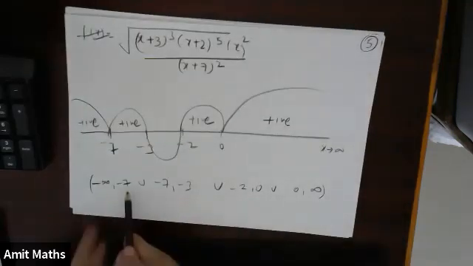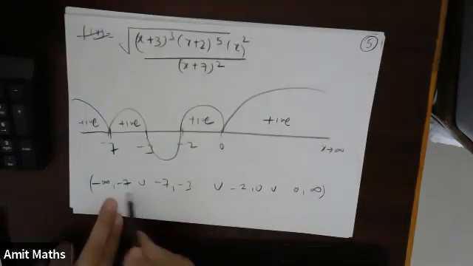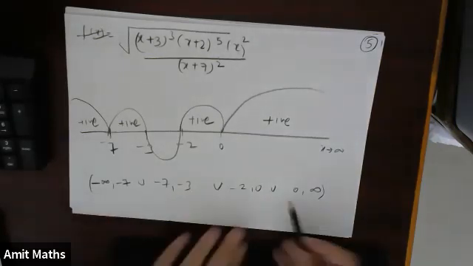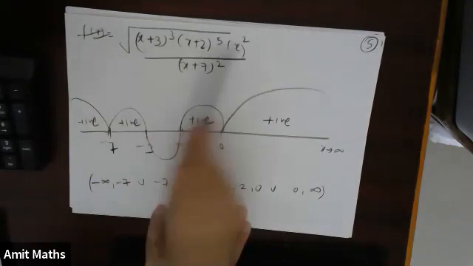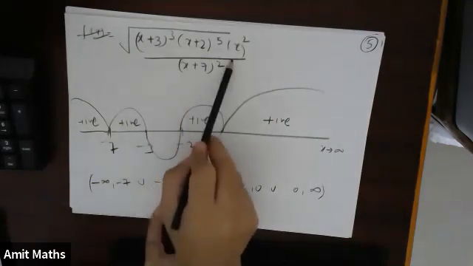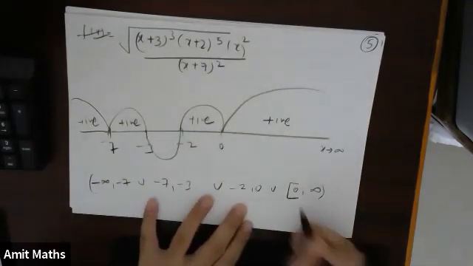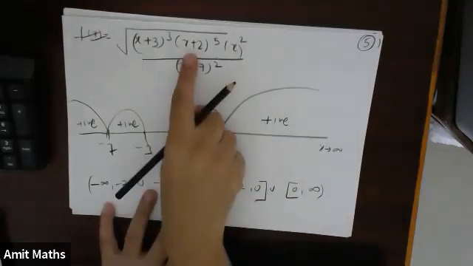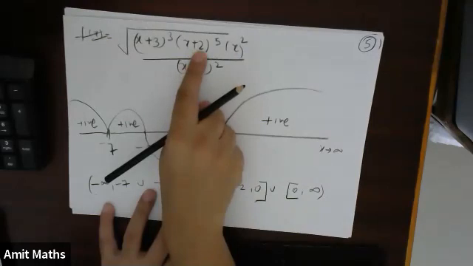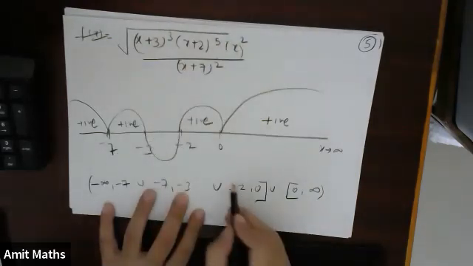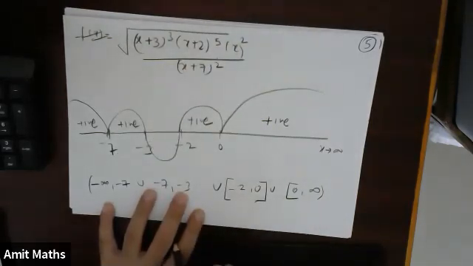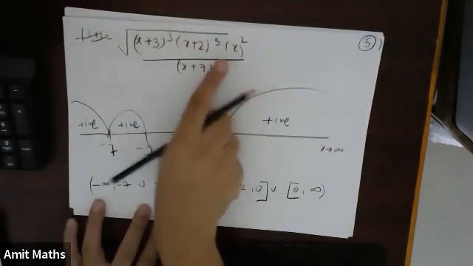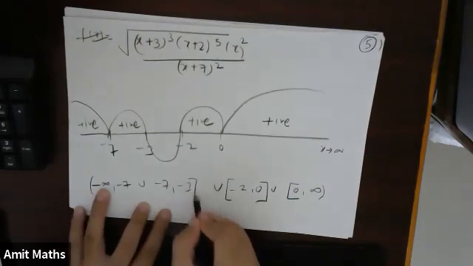Okay, now I just have to check whether these minus 3, minus 7, minus 2, 0 I have to include or exclude. Okay, so starting with 0, if I substitute 0 here, what will I get? Overall value 0. So 0 will be included. Understood? Minus 2 is in the numerator. If I substitute minus 2, the whole thing will become 0. That means minus 2 will also be included. Understood? Minus 3 is in the numerator. Again, the whole thing will become 0 if I substitute minus 3. That means minus 3 is also included.